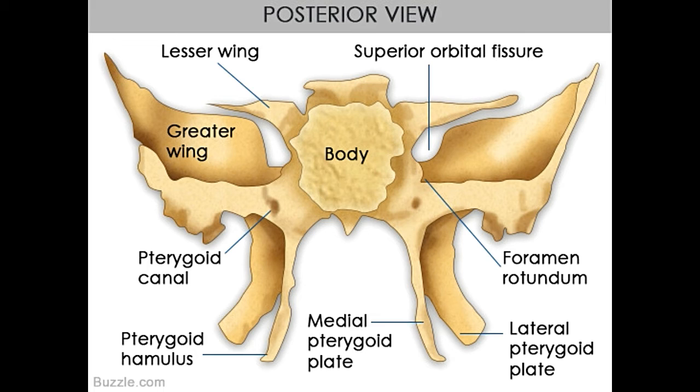In all, there are 6 surfaces, which include the upper, lower, and posterior surfaces on both sides. The body contains the sphenoid sinuses, one of the 4 air-filled cavities located in the skull that is connected with the nasal cavity. Located on each side of the body is a carotid sulcus, a canal-like passageway for the internal carotid artery. On the upper surface of the body lies the sella turcica, which is a large cavity for the pituitary gland.